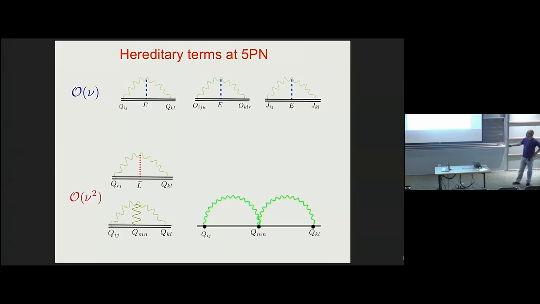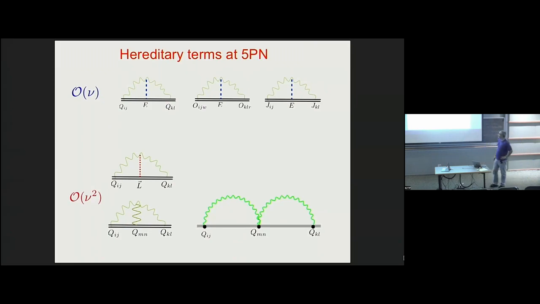The reason these are qualitatively different from these is that here you have a multipole which is conserved. The angular momentum is conserved, as is the energy of the system. So that cannot give radiation. So these diagrams have only 2 radiative gravitons, and basically only 1 frequency, because frequency is conserved at a vertex. While here you have 2 independent frequencies, and also here. That's what makes the difference in the end.